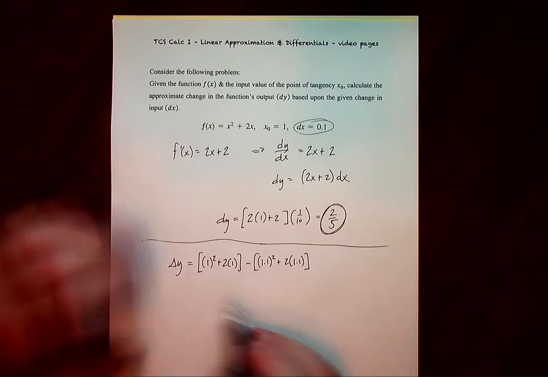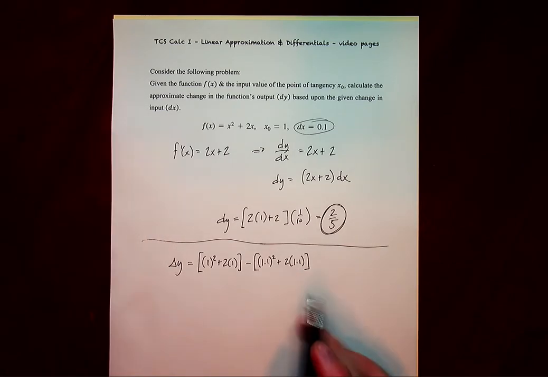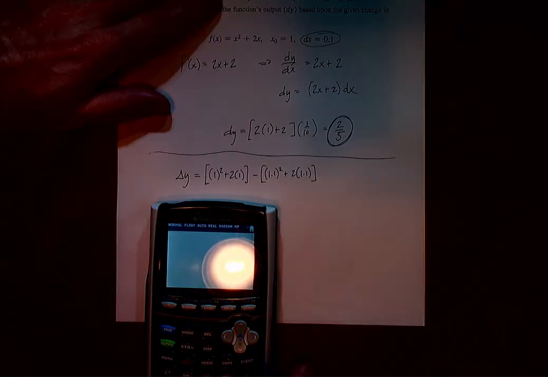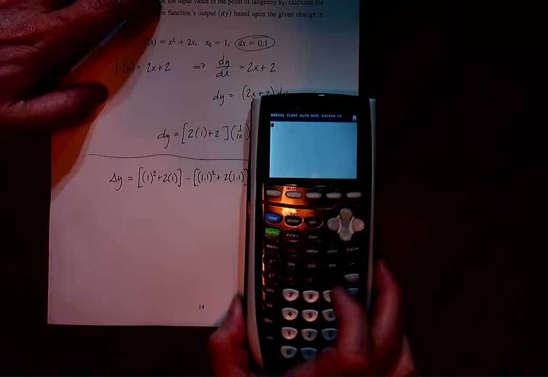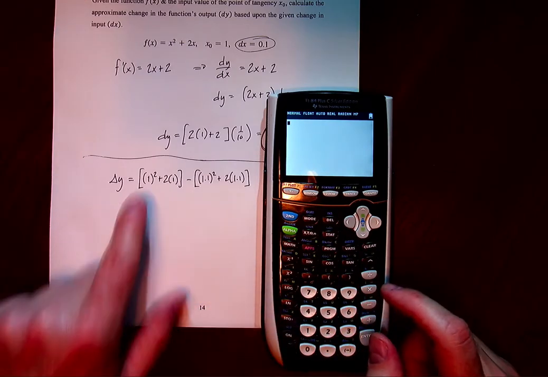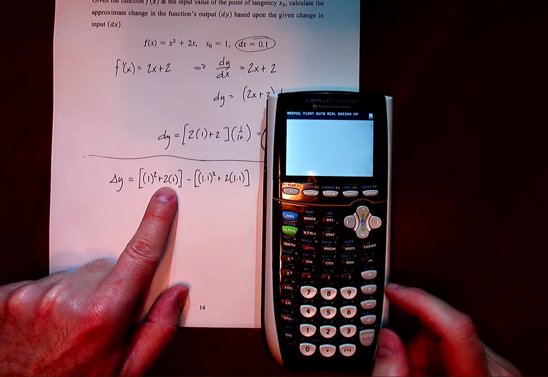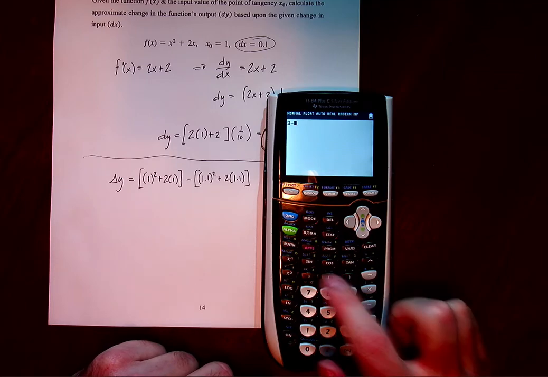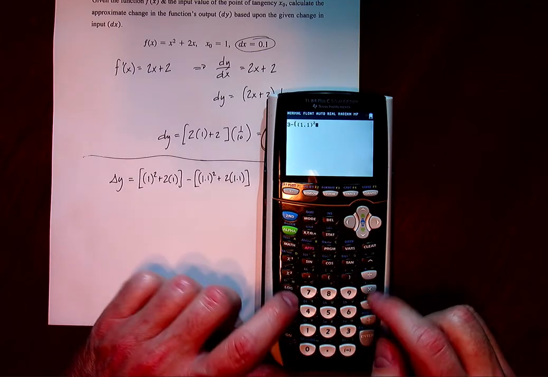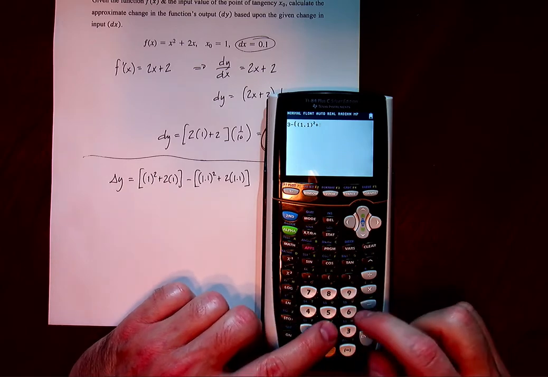Now, of course, this is going to give me a negative, right? So I basically can slap absolute value bars around that, but you don't have to, as long as you understand that the distance is always, of course, positive when we're dealing with something like this. All right, and so what we're going to do is this is going to be 1 squared plus 2, so 3 minus 1.1 squared plus 2.2,